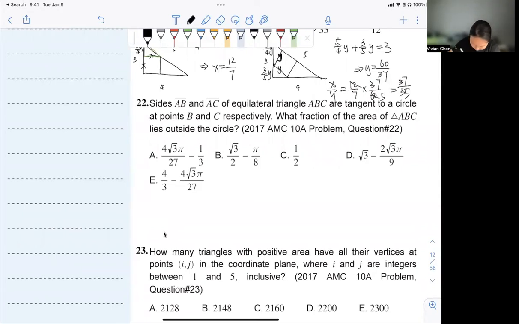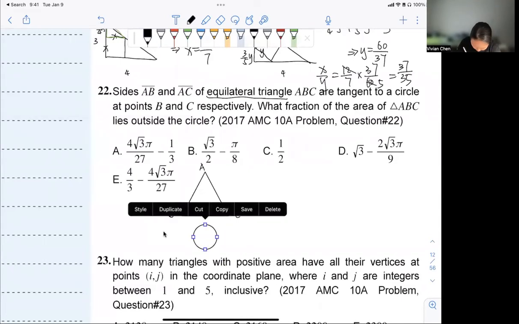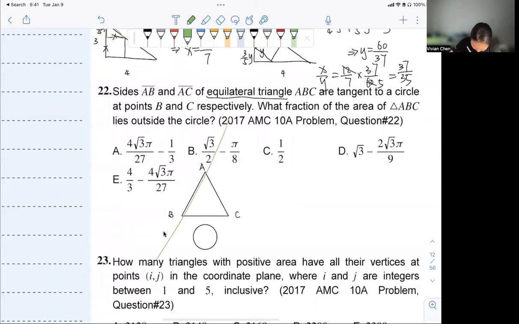Okay, again, start drawing. Oops. Oh, this is actually better. So we have an equilateral triangle here. And it has A, B, and C as its vertices. Now sides AB and AC are tangent to a circle at points B and C respectively. So we have a circle. Let's just get a circle first to have an idea. And it is tangent to this line,